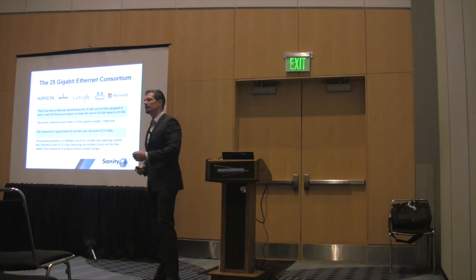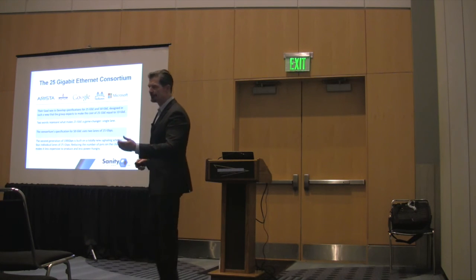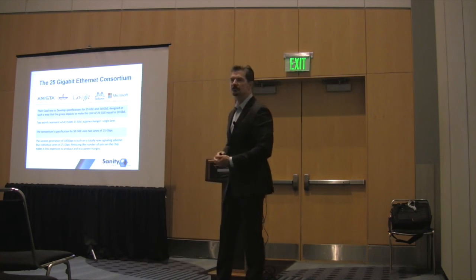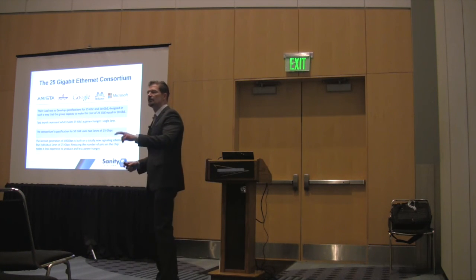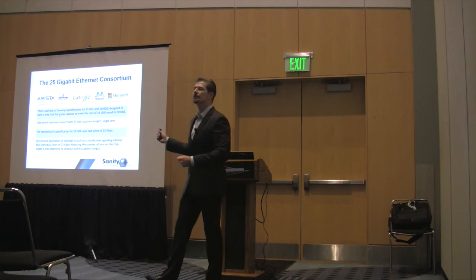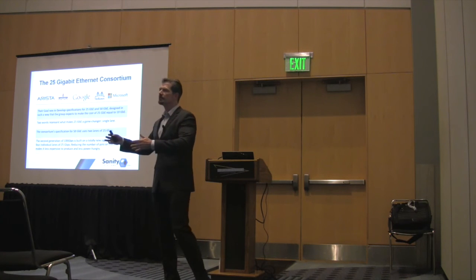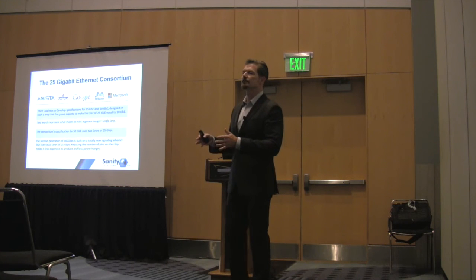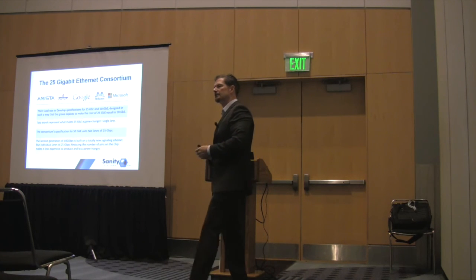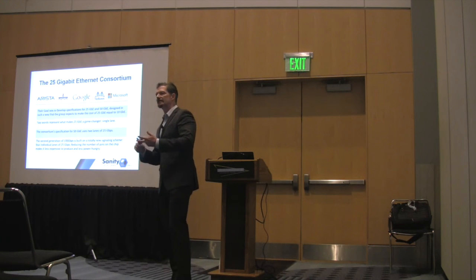The goal was to develop 25 gigabit but have it be as affordable as 10 gig. That was really key. They were able to get the same kind of port density on a switch as you do with 10 gig. In addition, they doubled the lanes, and you can actually do 50. And there's a new 100 gig available now as well. The difference is that the traditional 100 gig that's been out is actually 10 lanes of 10 gig, and it becomes very expensive to produce. The new standard is 4 lanes of 25, so it runs cooler, uses less power, and is less expensive.